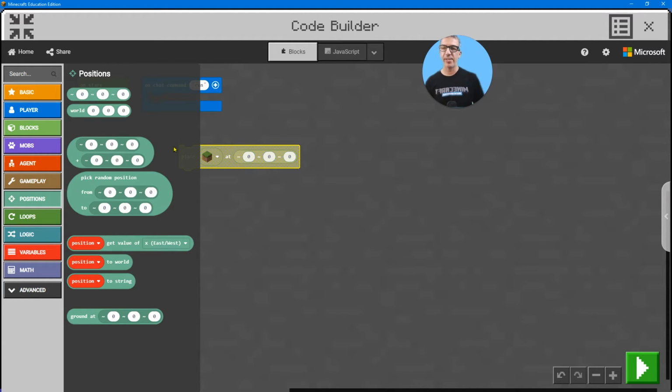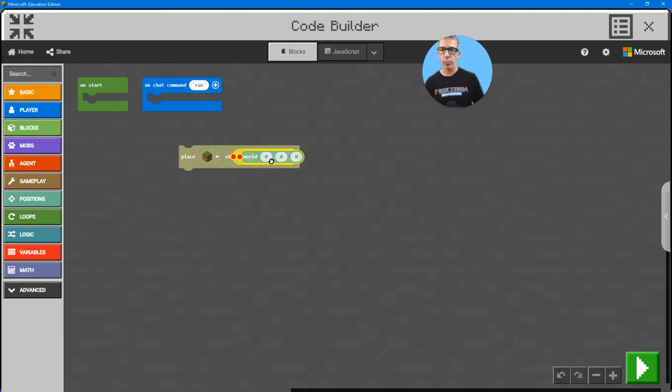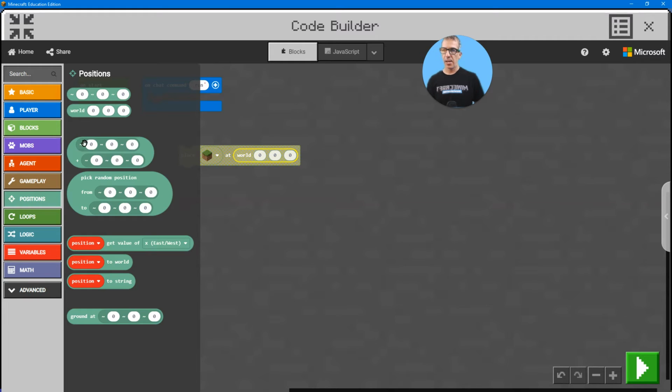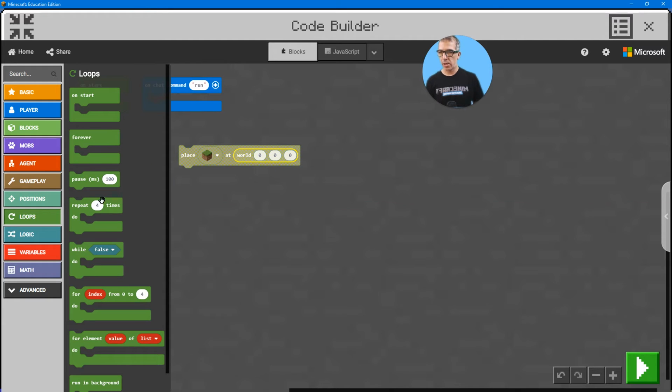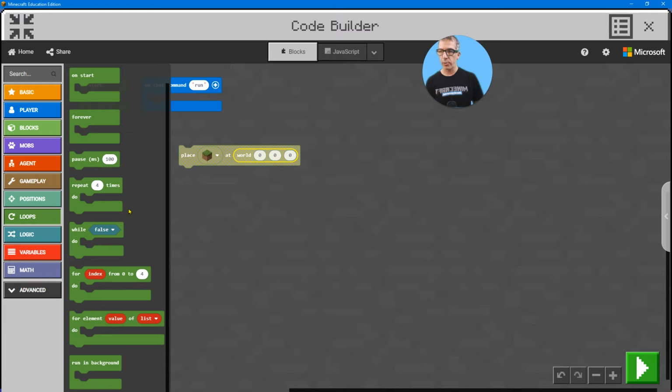This is just meant to get you an idea of what can be put. So when you see these round areas, this means that you can put it in another space and it replaces it. So that's also nice about those. So it's not a command on its own. Then you have loops, forever loops, starting loops, pausing, which also helps, repeats,